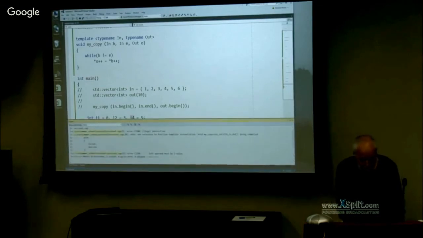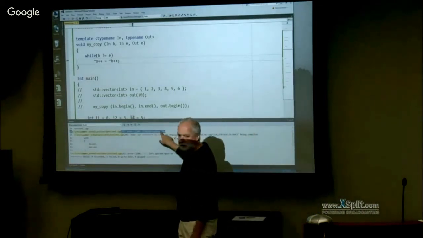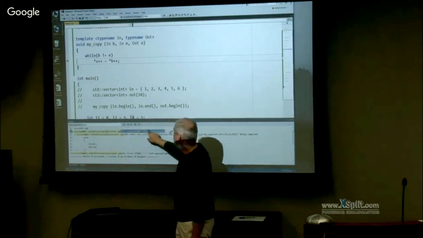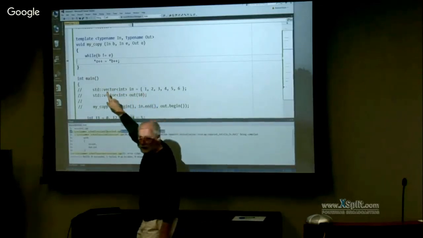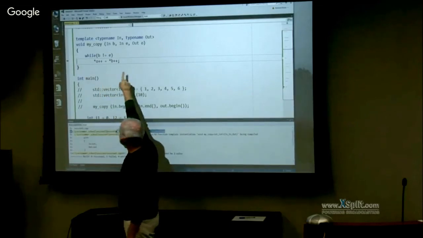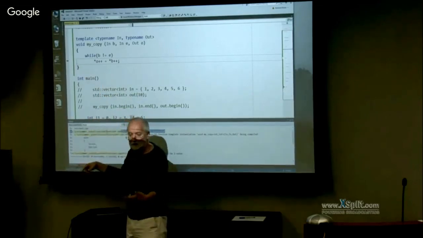Here. Invalid indirection. It just says that I can't perform that operation on the types you're giving me, because in and out are, in that case, integers, right? I defined integers and was using integers as arguments.